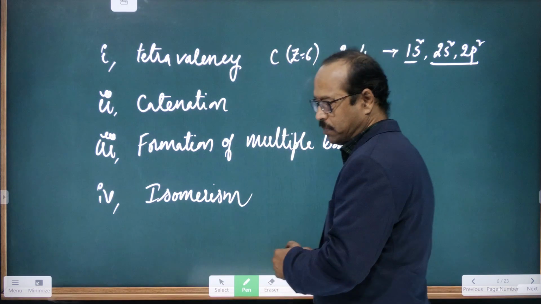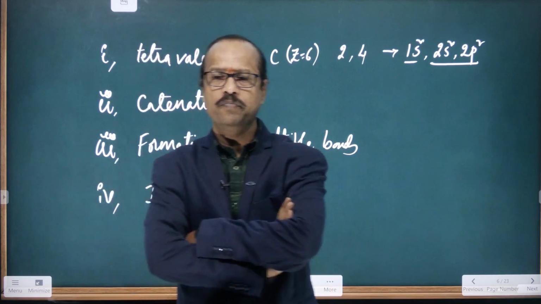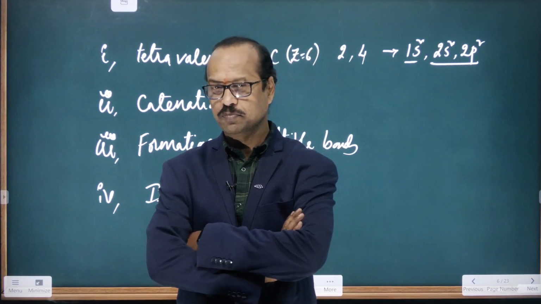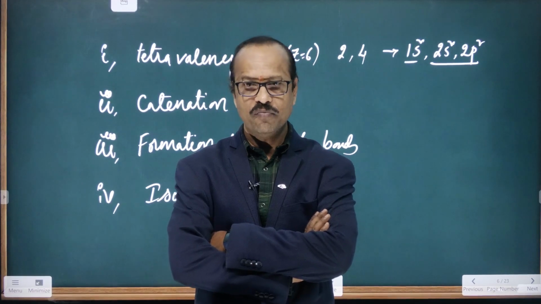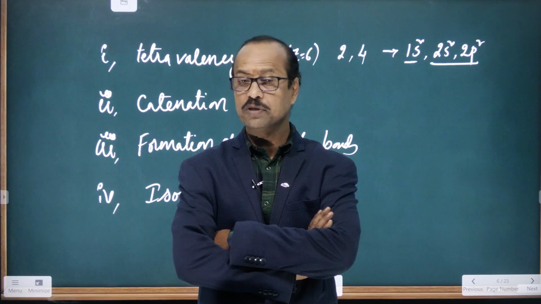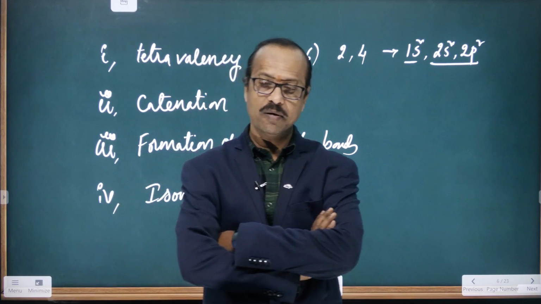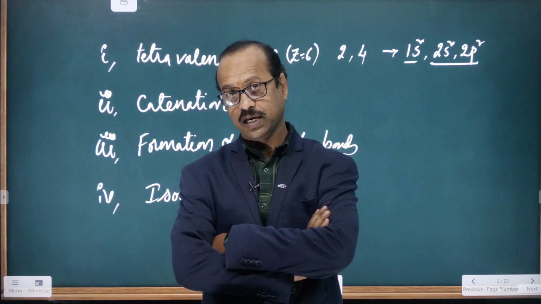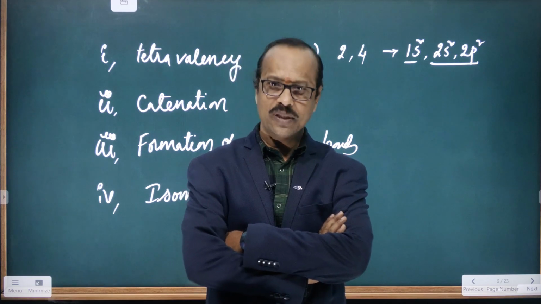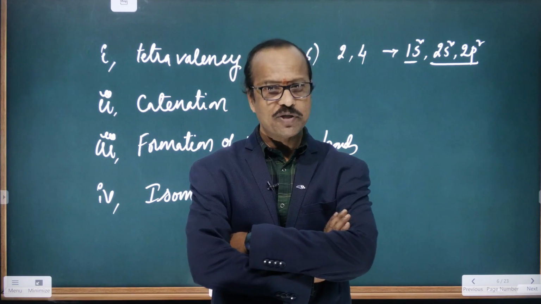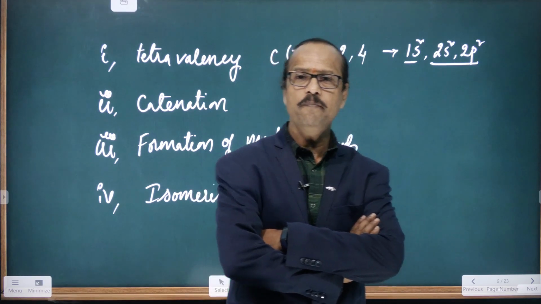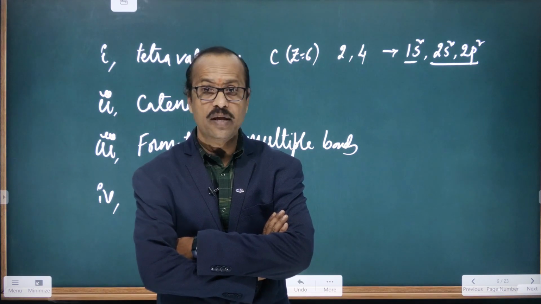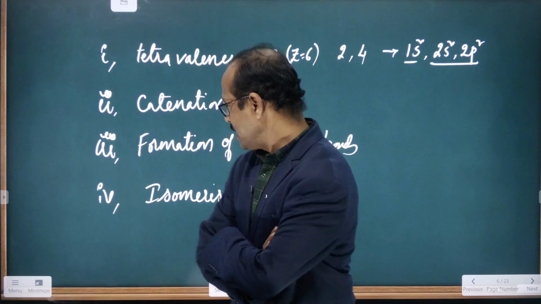We will discuss it in detail when the proper topic comes. Then come to the formation of multiple bonds. I think we already discussed somewhere about covalent bonds, right? In covalent bonds, we discussed single bond, double bond, and triple bonds, right? So here carbon forms multiple covalent bonds. Means what? Carbon can form a single bond with another carbon. Carbon can form a double bond with another carbon. Carbon can form a triple bond also with another carbon. So carbon can form multiple bonds with other carbons. So that also we will discuss. And especially carbon undergoes a bond which is called a covalent bond. In that also we are going to discuss mainly hybridization. Very, very important concept, right?